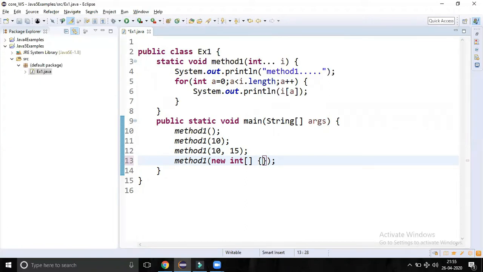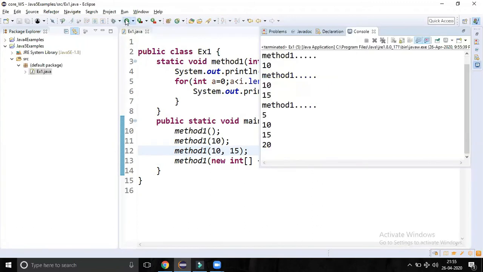So here 5 comma 10 comma 20. So this is an array, so here we are passing an array. Now these elements also will be printed.